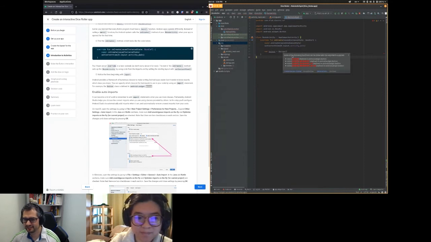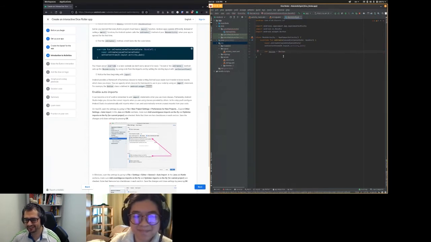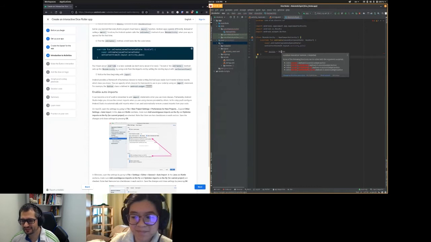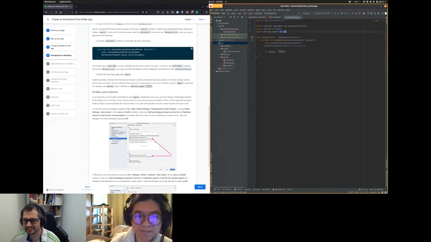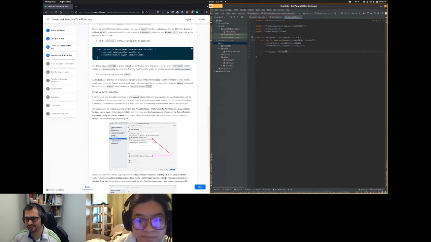It's telling me that there is no, oh, I think I have already done this before, because it imported the button from there. And the way we get the button, we can just instantiate it like this. And that's why it's giving me that. I have to get it from the resources. But I wanted to show you that Android Studio imports this for you automatically, but you have to set it